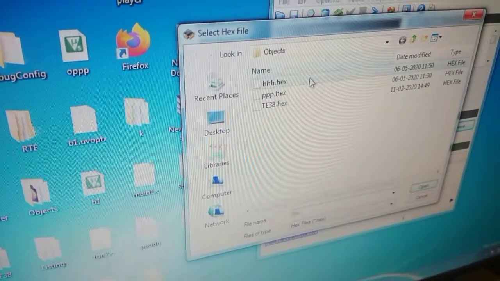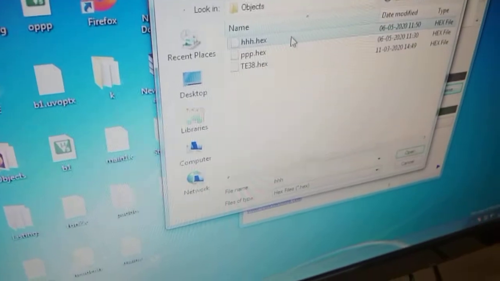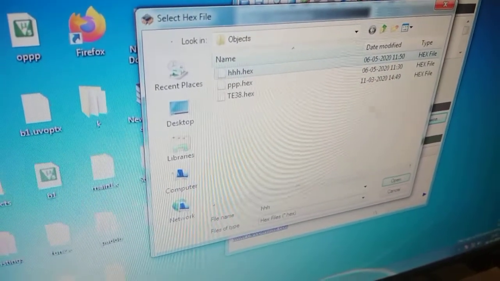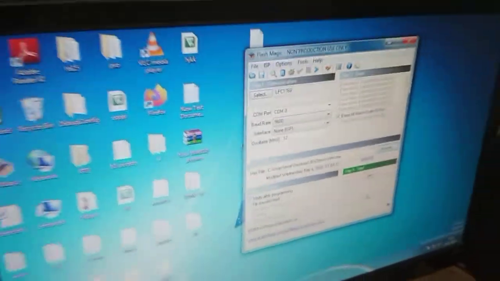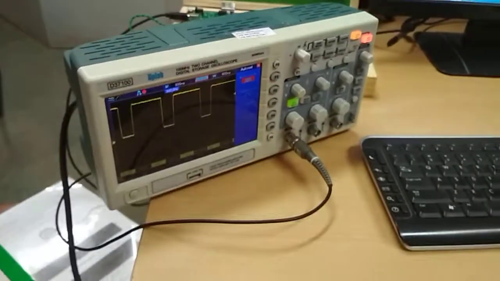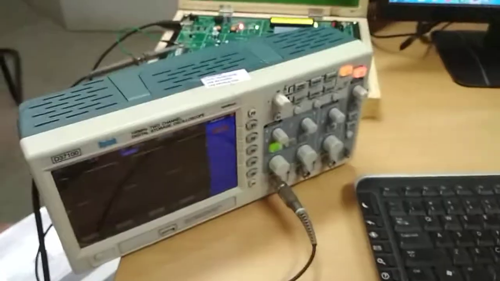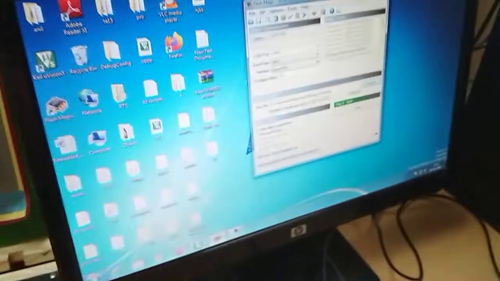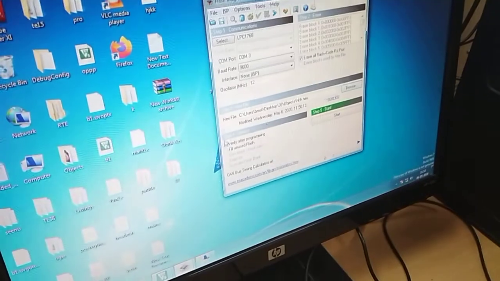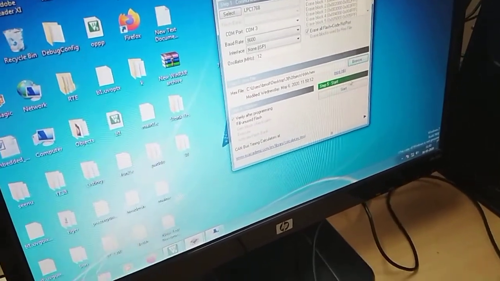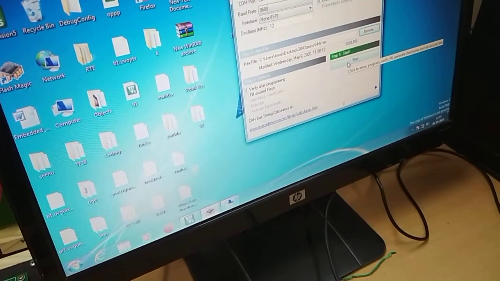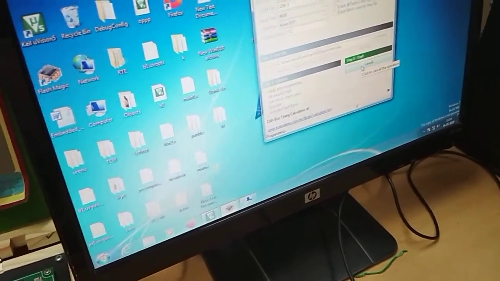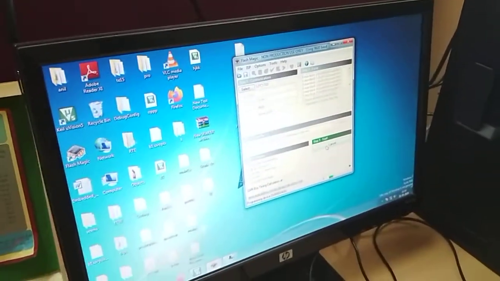So select your HH.hex file and open. Next, after selecting that, step 4, nothing to do. Go to step 5. Here you have start. Click on start so that we are loading the hex file to our controller.